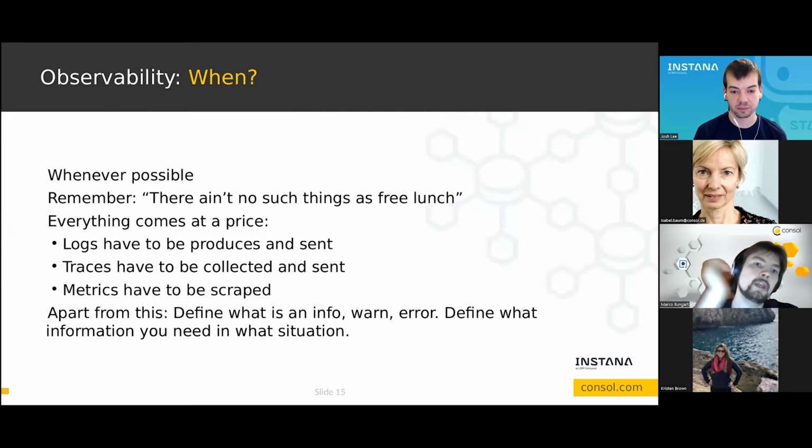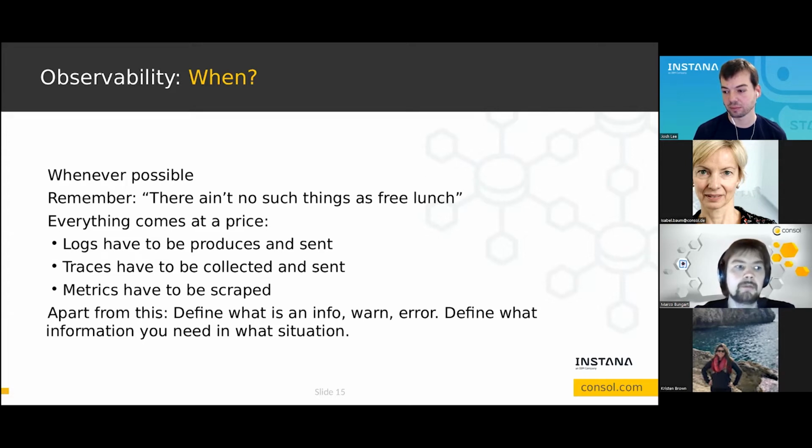So let's answer the question of the when. When should we log? Whenever possible. But please keep in mind, there ain't no such thing as free lunch. Observability costs us mostly in terms of computational time and/or network traffic.